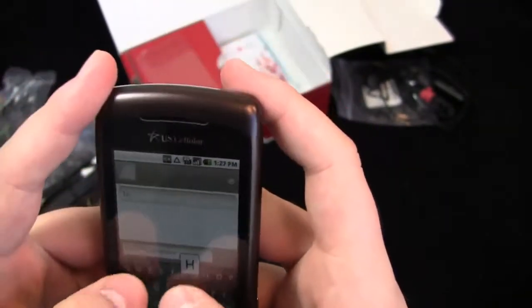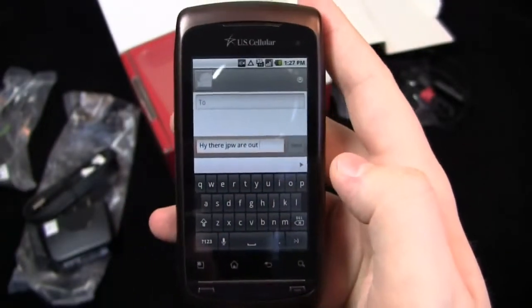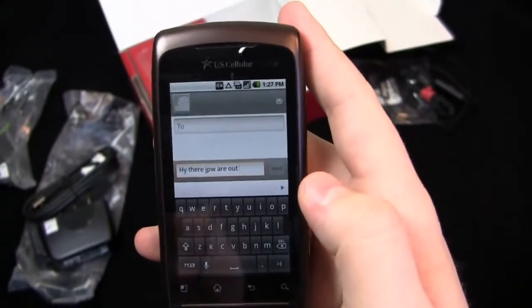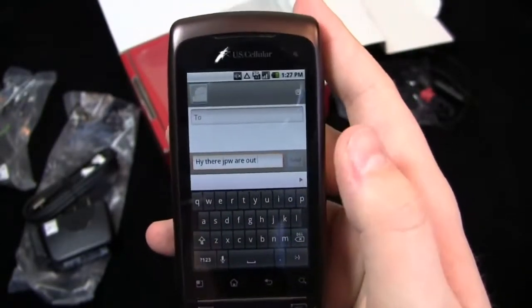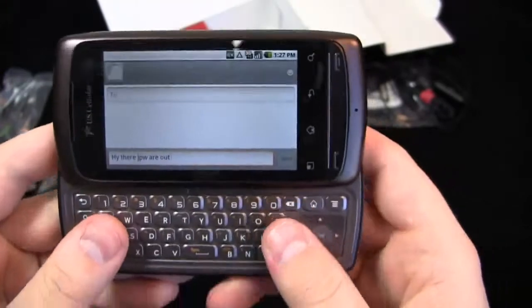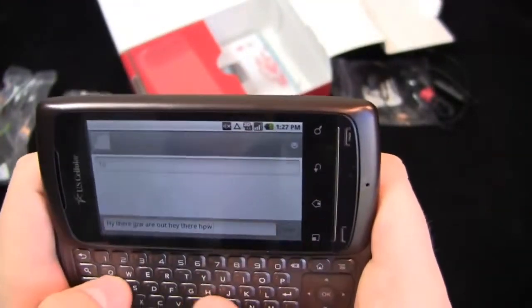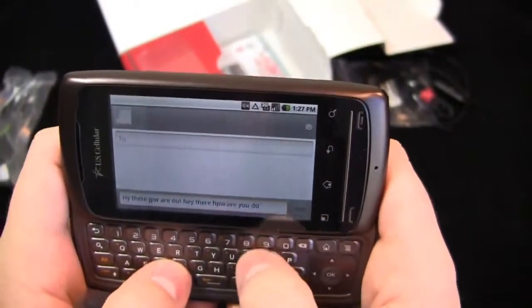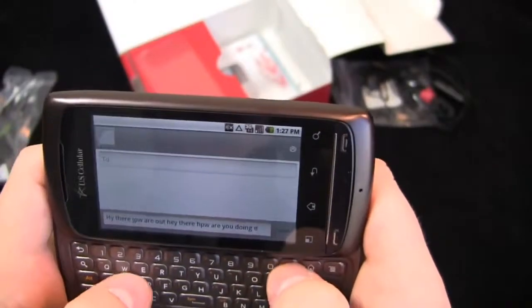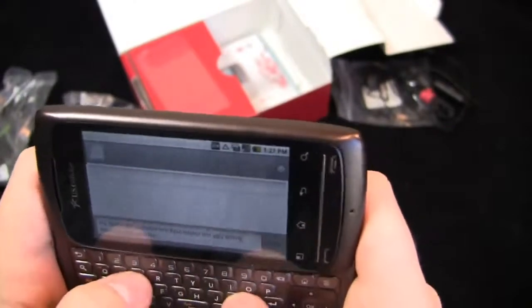Let's type a quick message. I don't know if the camera is showing you, but I'm typing a message right now, and I can just feel it when I'm typing on the keyboard. The accuracy just isn't there. Again, this is my first impression of pulling it out of the box, but I don't care for the accuracy. I don't feel like it's responsive. But let's try the keyboard, which seems to be, minus my mistakes, a little bit easier to type on the keyboard